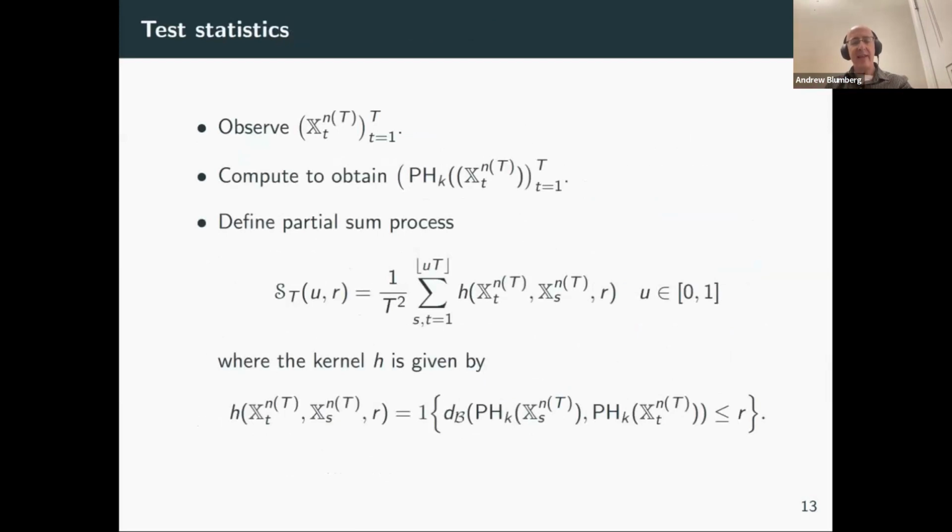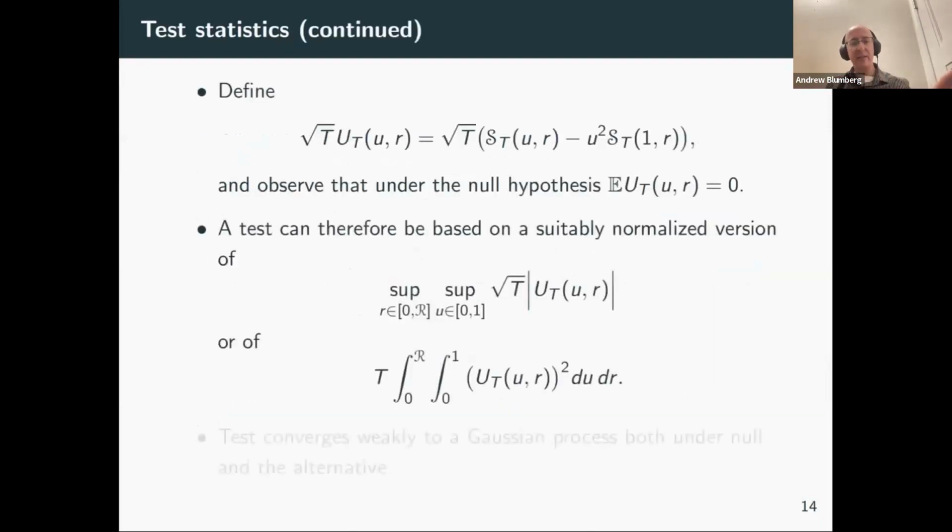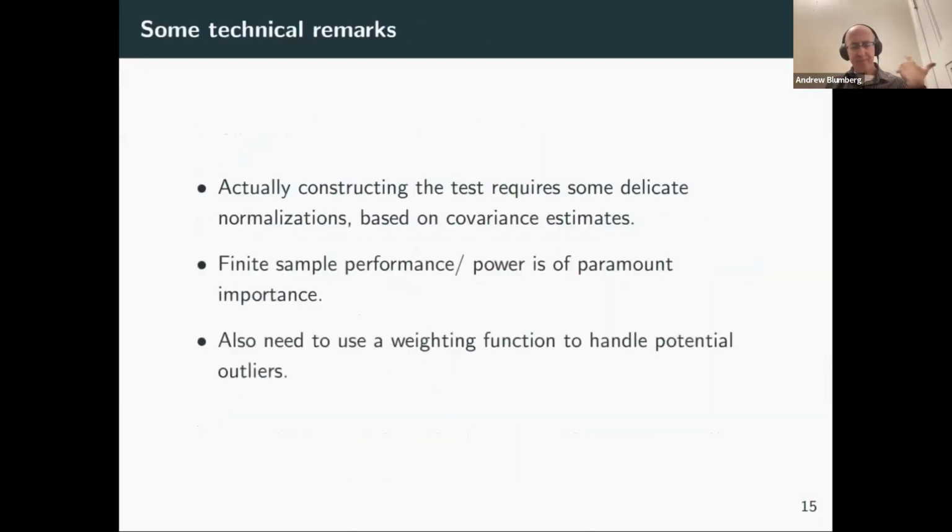If you look at this, this is easy to compute, right? There are very good codes now for computing persistent homology. If we were doing multidimensional persistent homology, this would be rather more expensive. But this is relatively easy to compute. And we can simulate under the null to get the quantiles for figuring out how to use the test statistic. And so this is an algorithmically tractable test.